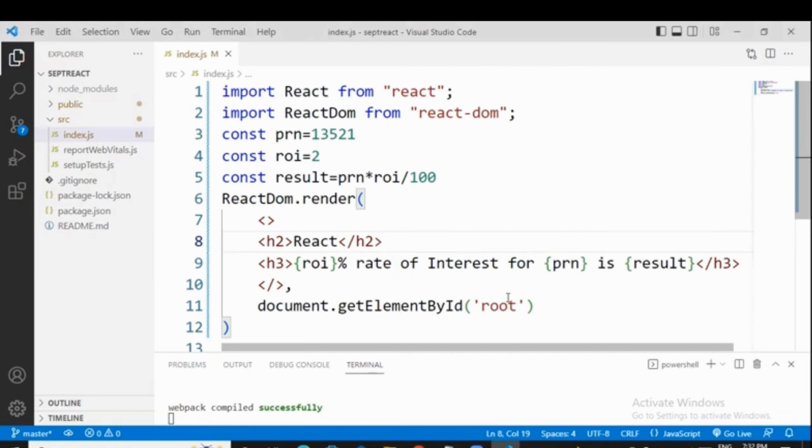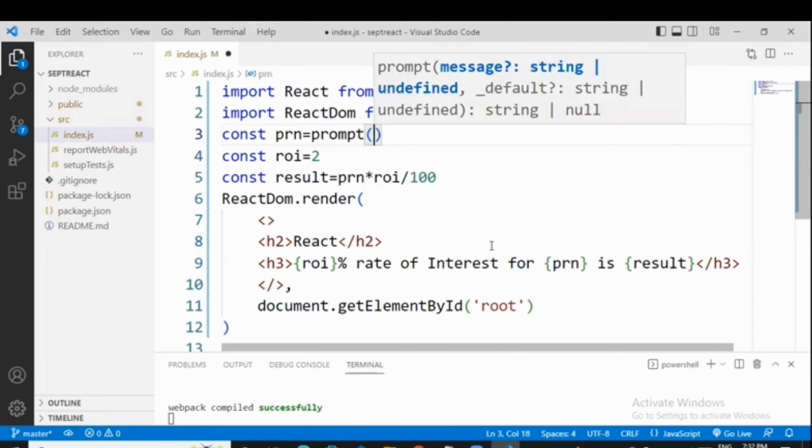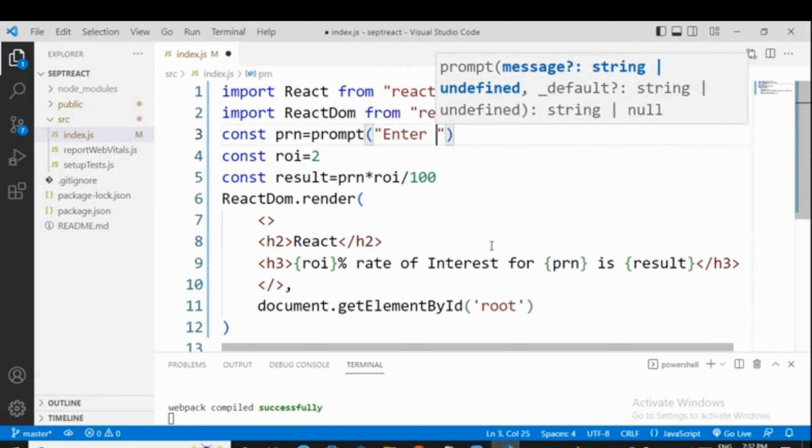Still, if I want to make it very interesting, right? This is a fixed value. We know almost the result, but I want to take the input value from the user. That is what my application's main purpose is. So what can I do here? I can use something called prompt, which is there in JavaScript. So I can write enter principal